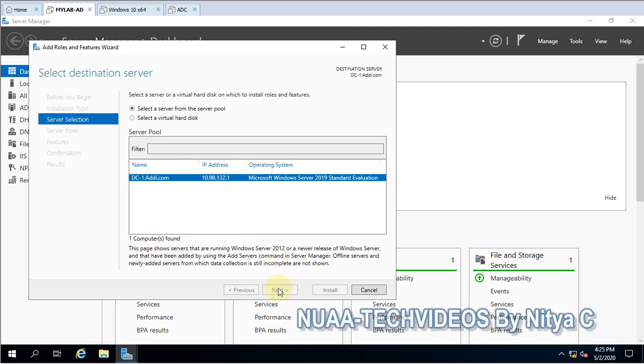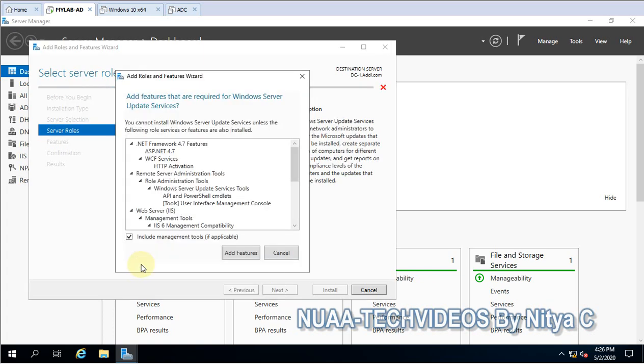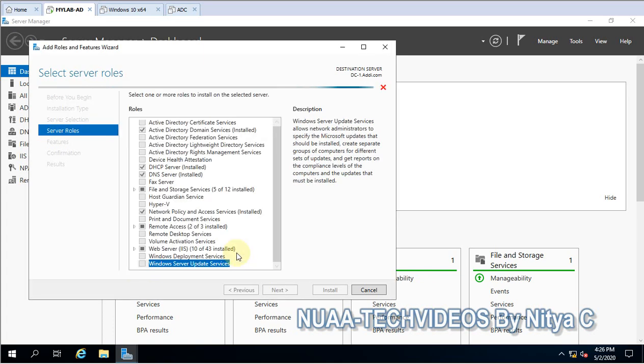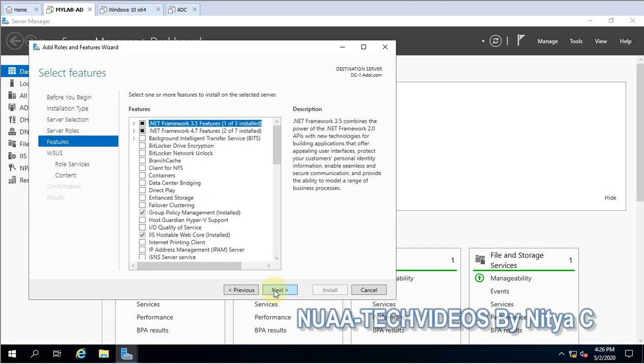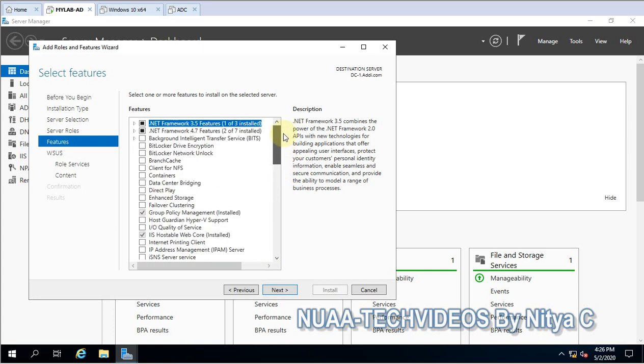So let's click on Next, and here you will find, the last one, Windows Server Update Services, and Add Features. So the required features also will be added while the role is installing, so you don't need to install any specific feature.